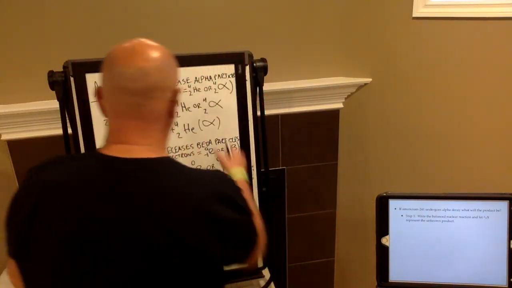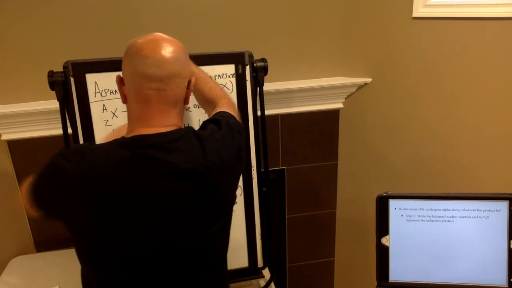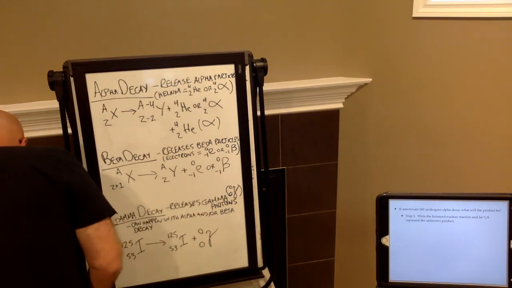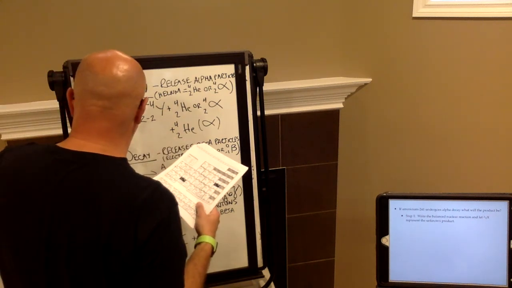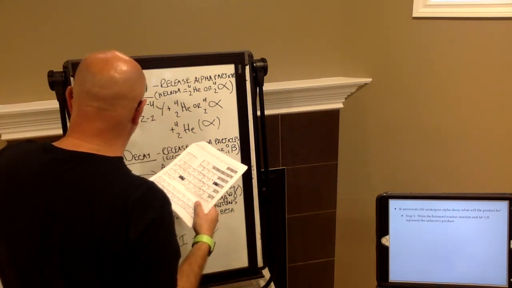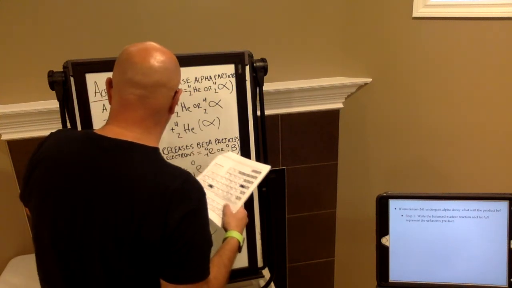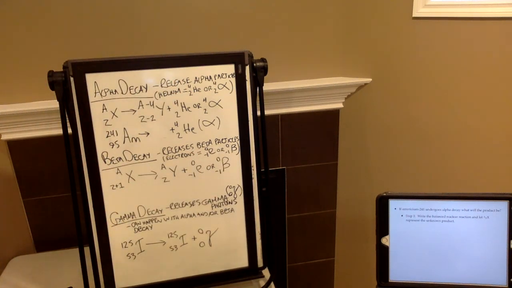So I'm just going to write down my americium here. I've got americium, which I know has an atomic number of 95, and I've been given the isotope number, which is 241. So there's my symbol. There it is. I'm going to start off with my